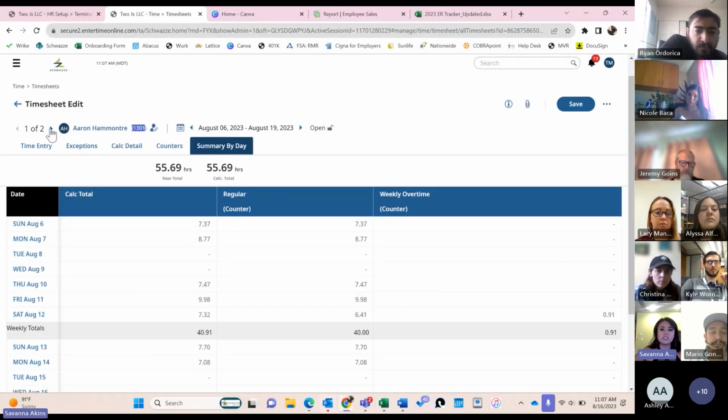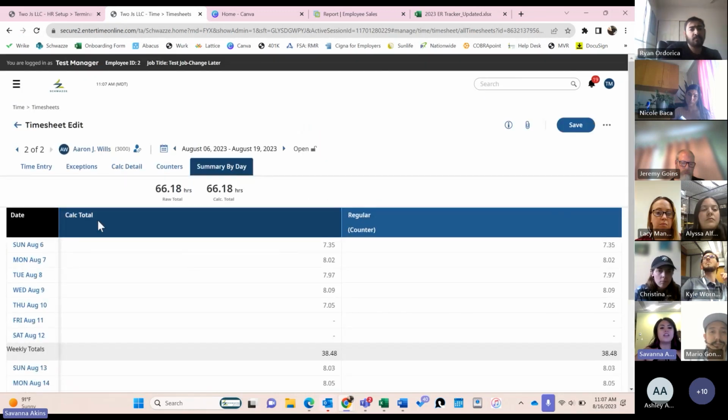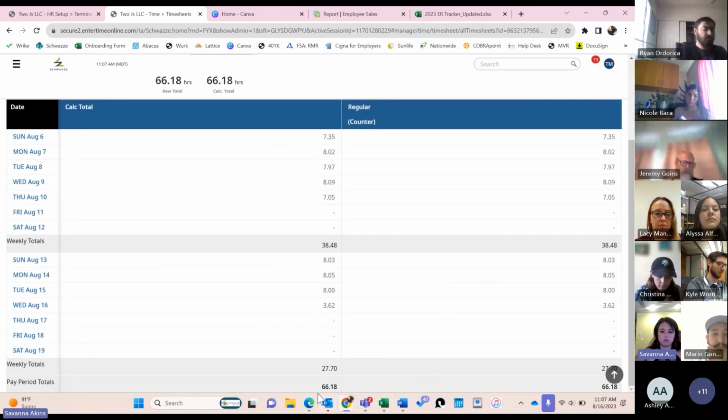So to do that, we can toggle between our employees by clicking this arrow here. And now we're on Aaron Willis's timesheet, and they're in the summary by day. Now, at a higher level glance, you can see that there's no PTO on this timesheet. There's no sick time, so we don't need to remove hours. We can just do our total, which is that